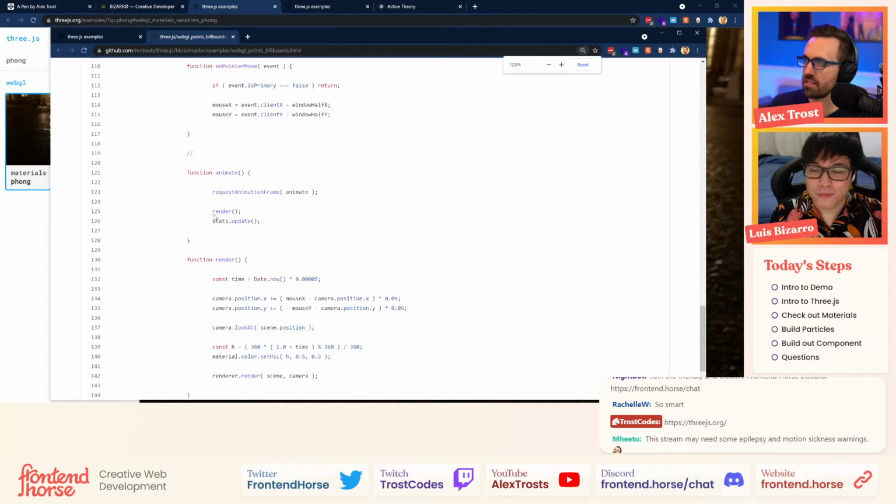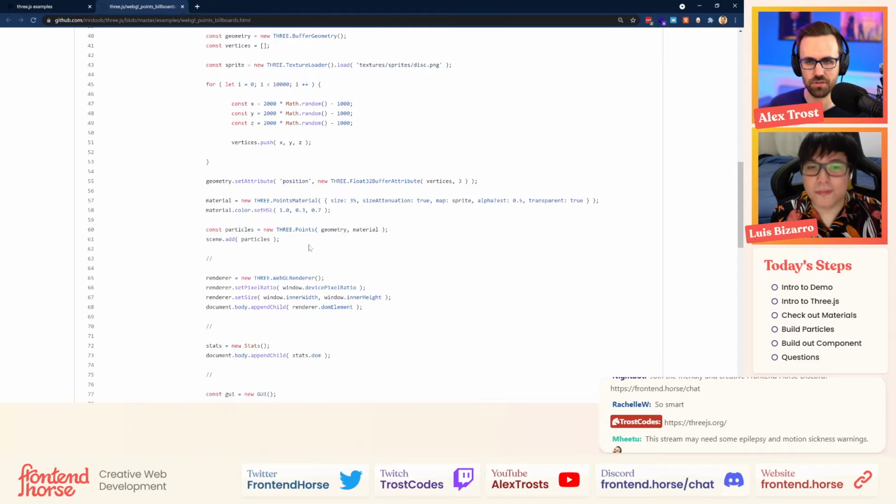And then you can pull out, like if I type particles, that's the name of that. Might not be there. Okay, so here's where it's happening. Pounds particles, new THREE.Points. So are you going to use the Points object or the points? I'm not sure what the right term is there.